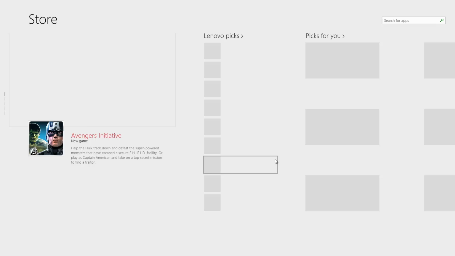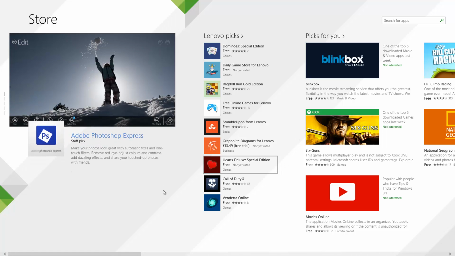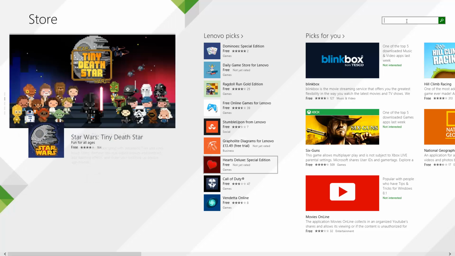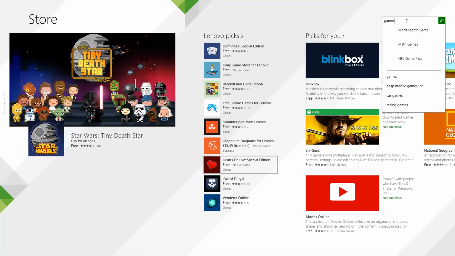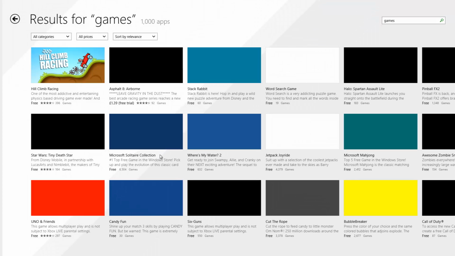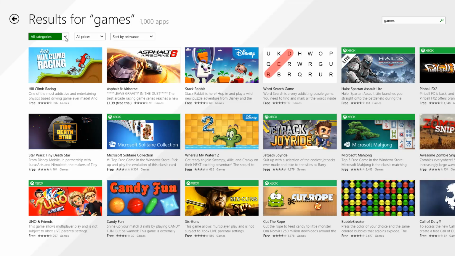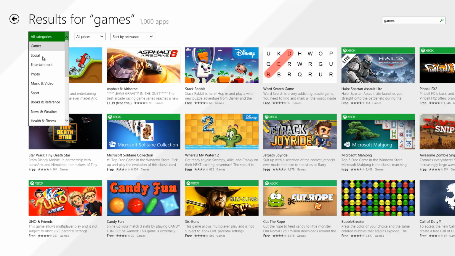I don't want to bore you with too much detail with all the wee ins and outs. If you know how to use a control panel on Windows 7, you should have no problem on Windows 8.1. Up here you have a search. So if you're looking for games, you type in games, and you'll see a list here. So if I go to games here, and I want to put a game on for one of the grandchildren or something like that, I do have quite a list. I can also change the category here by going to social or entertainment,